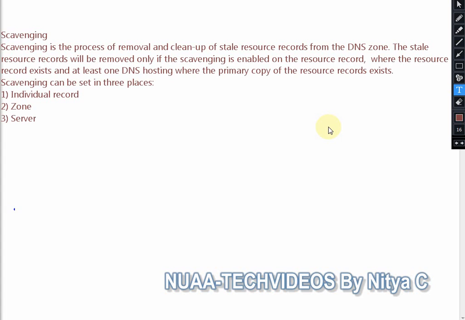So all in all, guys, this is the housekeeping of the DNS server, and this is very mandatory. If you have a large infrastructure with multiple domain controllers, this becomes very important in order to clear the stale records, because conflicting records might create problems in your infrastructure.